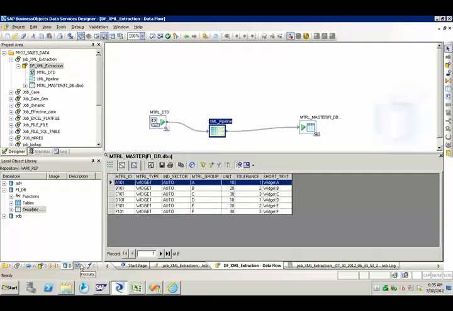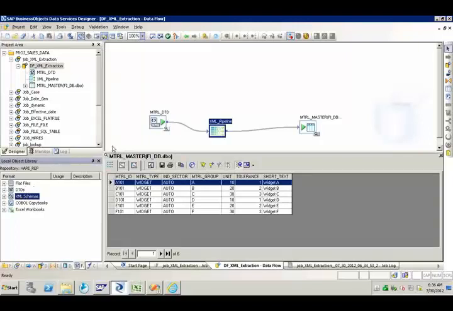So 3 things we have to remember. If you have a requirement of XML extraction, use XML pipeline transform. Next, second point is, what format? There will be 2 files in the XML scenario. Number 1 is the structure file. Number 2 is the data file. If the structure file is in the .dtd document type definition format, then create this file format. If the structure format is .xsd, that is XML schema definition, then use this XML schema definition.